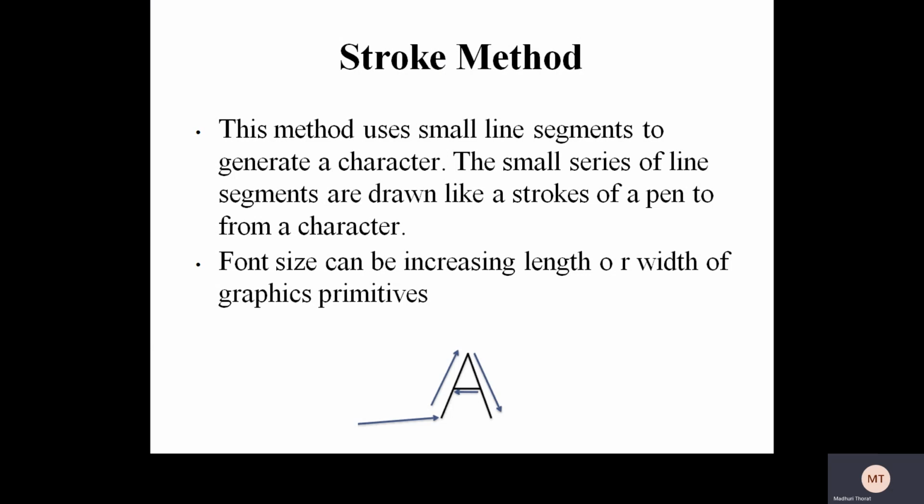See in the figure, there is a letter A, that is a character, and with the help of the stroke method we create that character. By using this we can change the scale of the character. We can make a character twice as large as its original size also. Similarly, we can get a character slanted also. By using this method we can change the style of the character also. So this is the stroke method.